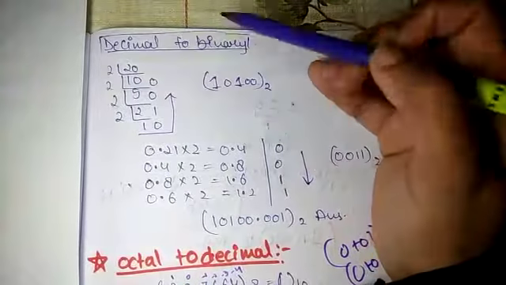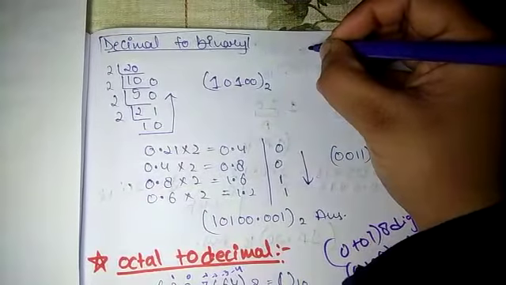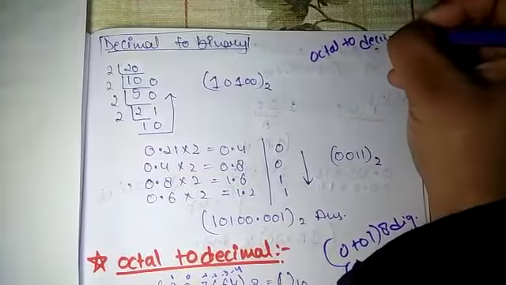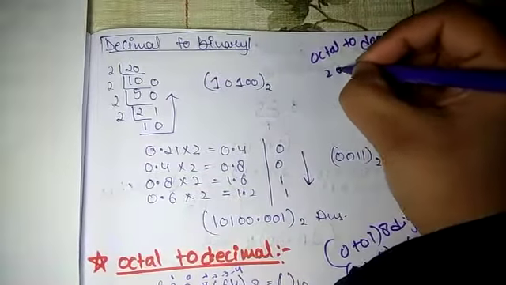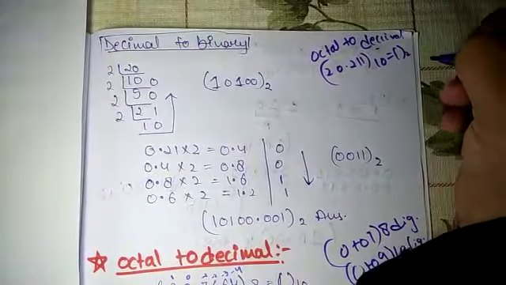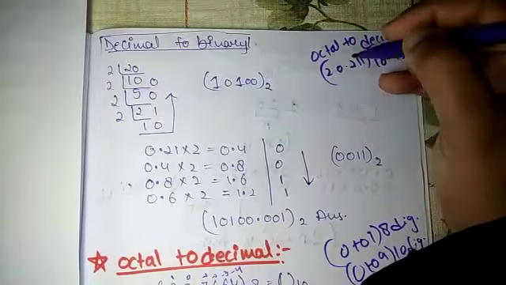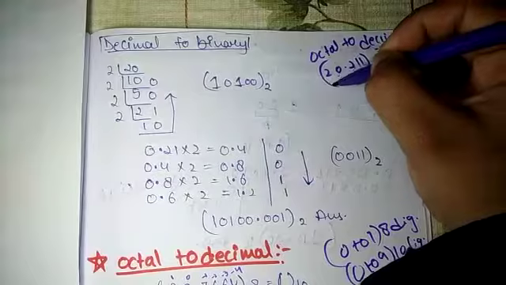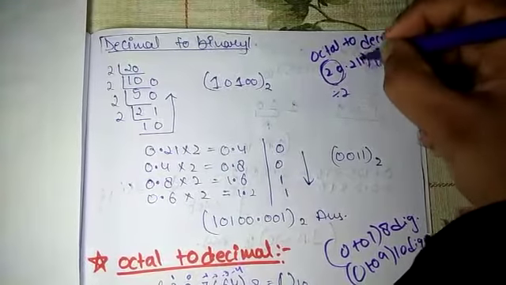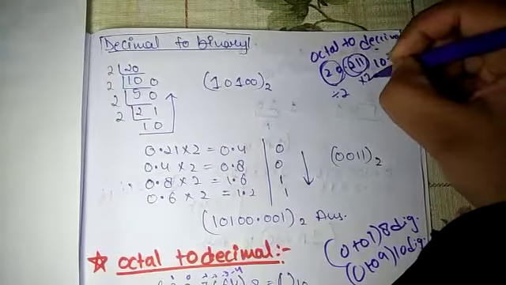So this is the decimal to binary conversion. We have the answer of octal to decimal, what we get is 20.211 with base 10, and we have to convert it to base 2, right? So we are converting decimal to binary. We are well acquainted with the decimal to binary conversion. We take this integer part and divide it by the binary digit, that is 2, and take the fractional part with the point and multiply it by 2.